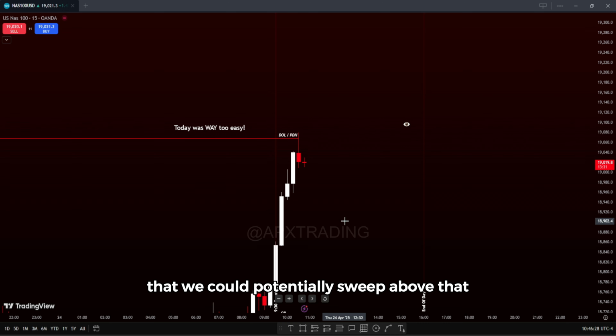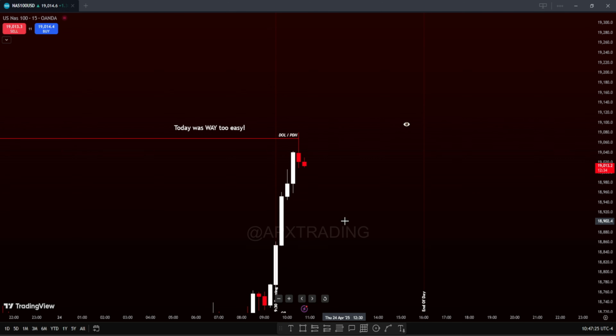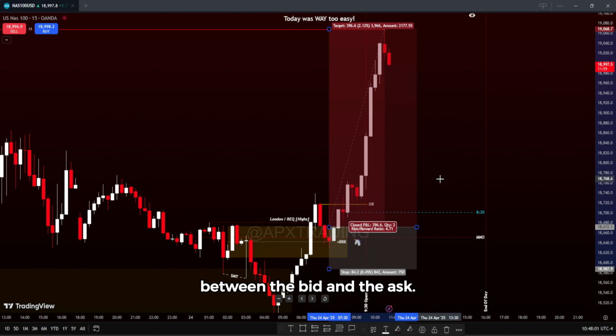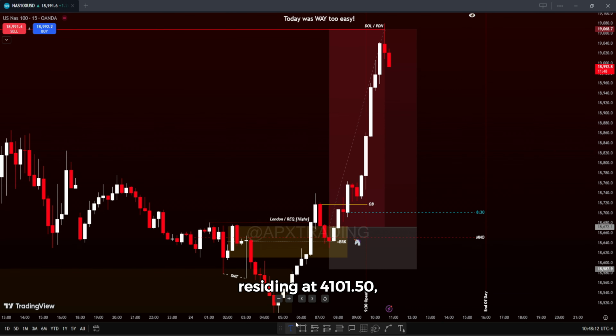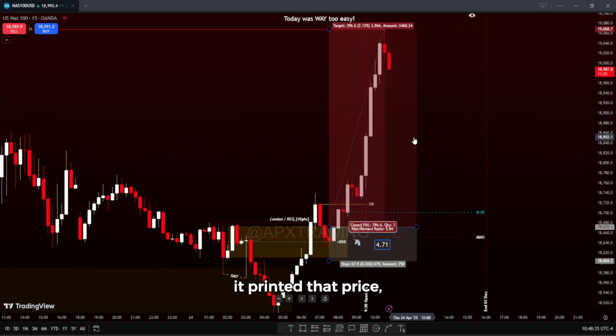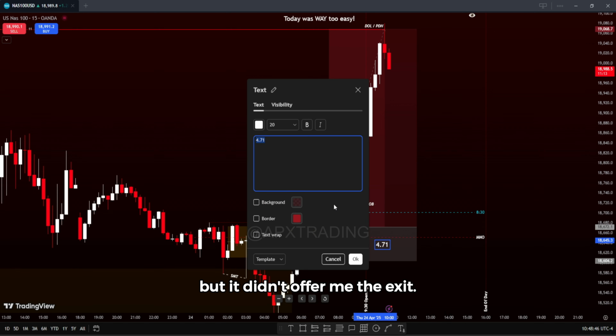Now, I felt that we could potentially sweep above that because it's standard operating procedure to see it expand a little bit past it. So that's why I was calling 4101.50. And that's also the reason why my fill wasn't activated, because of the difference between the bid and the ask. So my limit order that was sitting and residing at 4101.50, it printed that price, but it didn't offer me the exit. So it went there, it had two candles, it printed it,